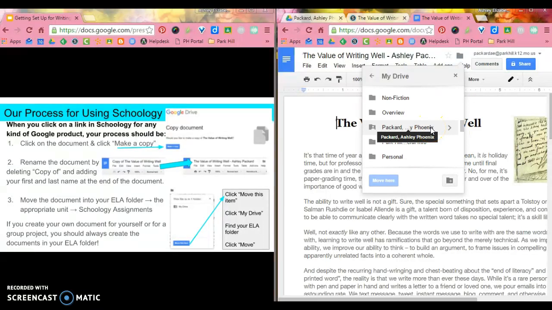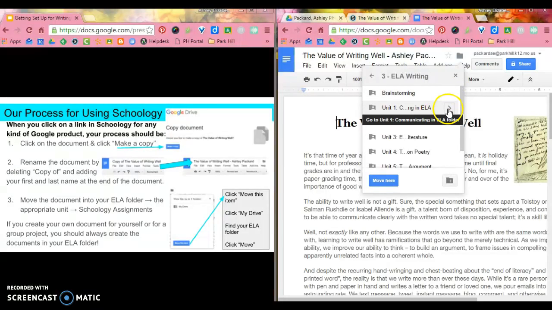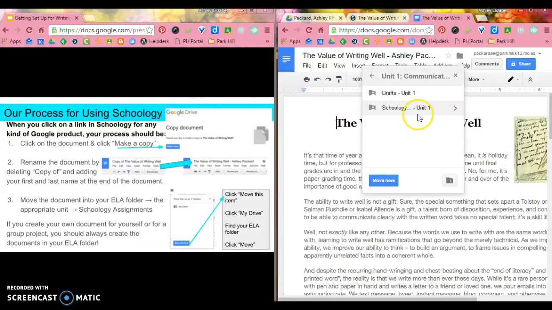So here it is, Packard Ashley Phoenix. I'm going to click this little caret. I know that it belongs in ELA writing, I know that it belongs in Unit 1, and I know that it is a Schoology assignment. As soon as I click on that and make it blue and click Move,